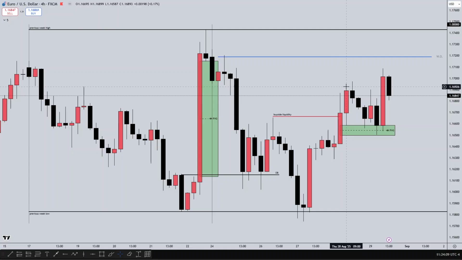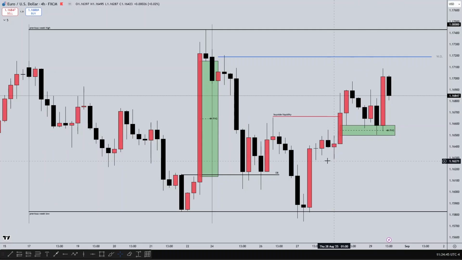After the buy side liquidity, price hasn't traded to the previous week high, or go above the previous week opening price, this week opening price. So price traded higher, left the 4 hour fair value gap. Remember, you want to see every 4 hour fair value gap support price, and price should not go below a 4 hour swing low. If price were to go below the 4 hour swing low, you can look for a continuation where you are using the daily to realign yourself with the bias,